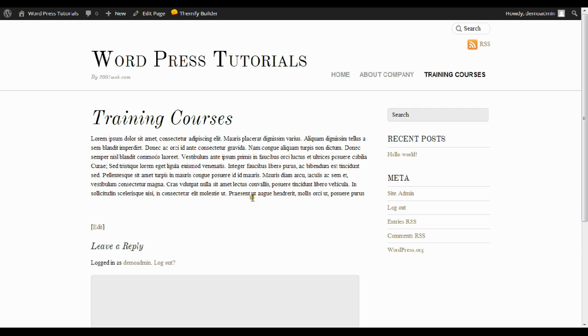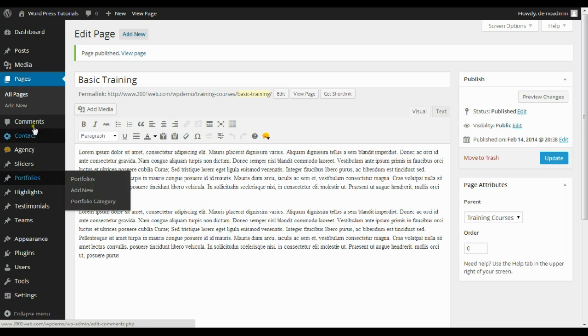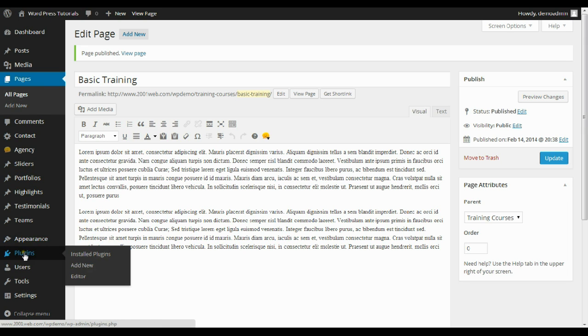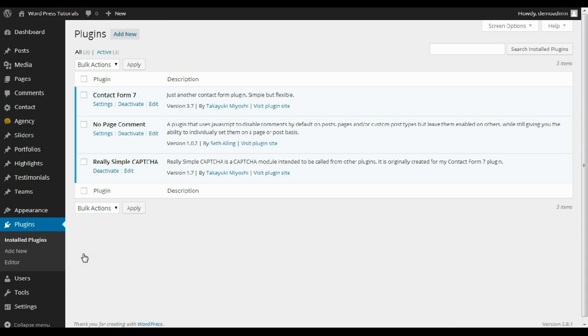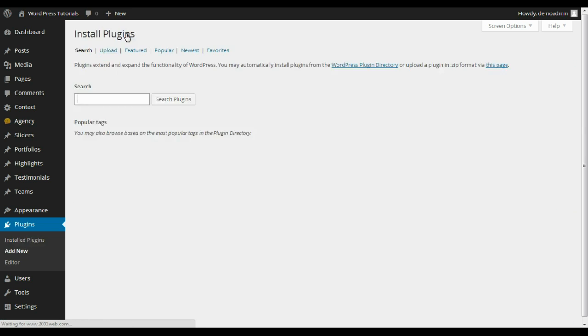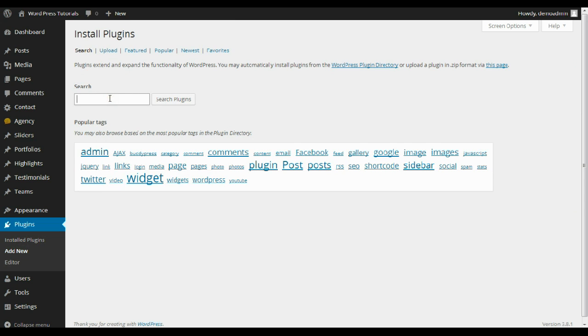Now this can be done in one of two ways. It can be done with a little plugin for WordPress, which we're going to show you first. What we're going to do is go to plugins, just below appearance there, and hit installed plugins to give us a list of the plugins that we already have. Okay, so these are the ones that are already installed on the site. We're going to need a new plugin, so we're going to click add new, and we're going to search for it. Now this plugin is called Child Pages,